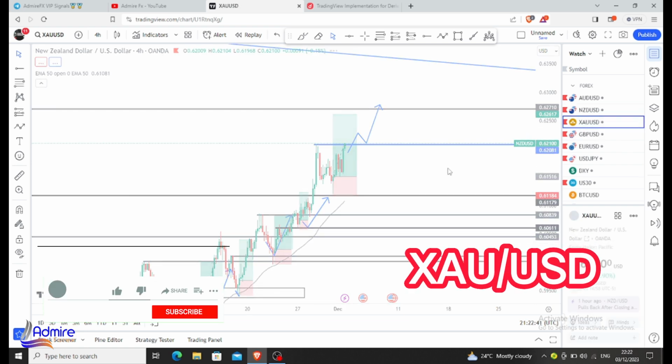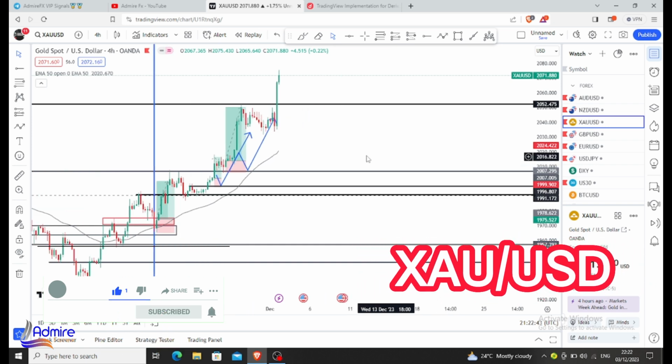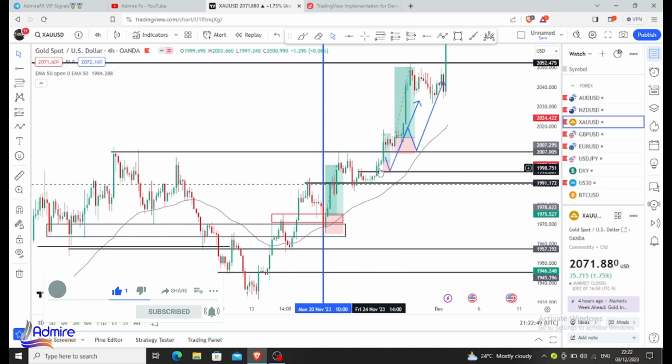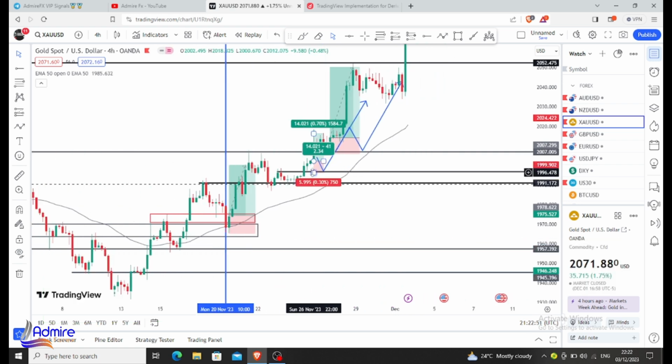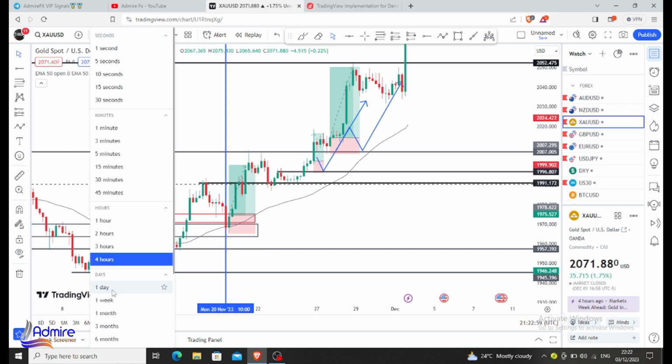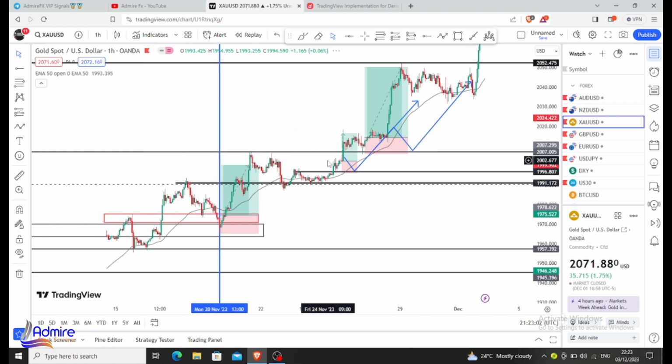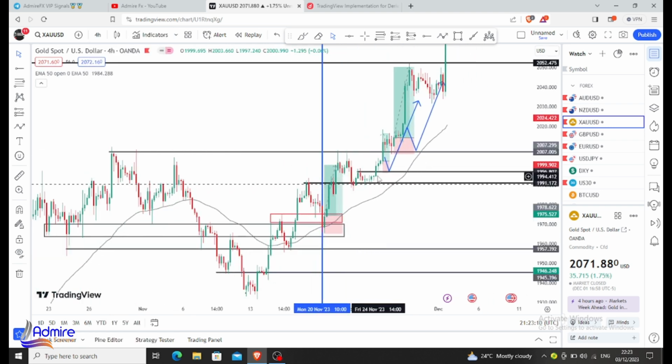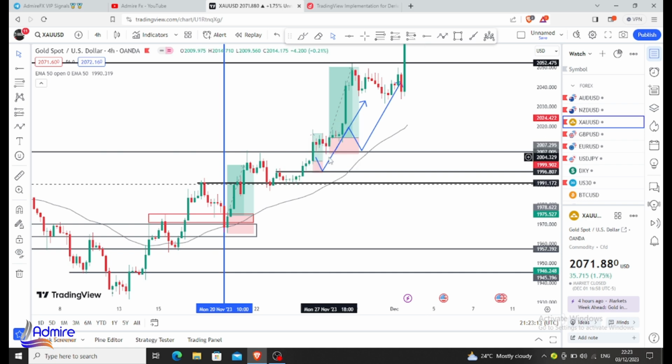Next up is gold. Okay, for gold, you guys saw how we did it. We predicted price with precision. We made mention of this level on price coming into this level. We scaled down to our 1 hour time frame. We saw an entry. Price had already retested on our 1 hour time frame, and we had this buy. Then the next one was our break and retest of our higher time frame, which was our 4 hour time frame.